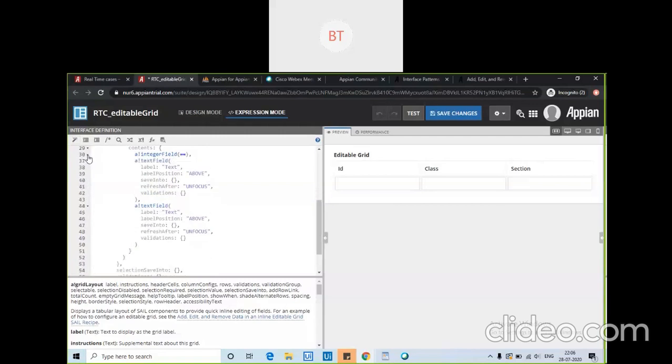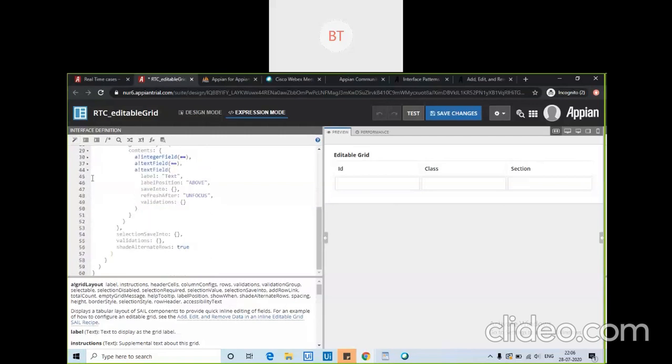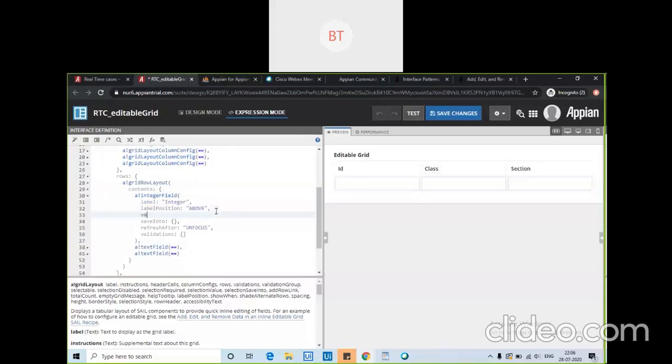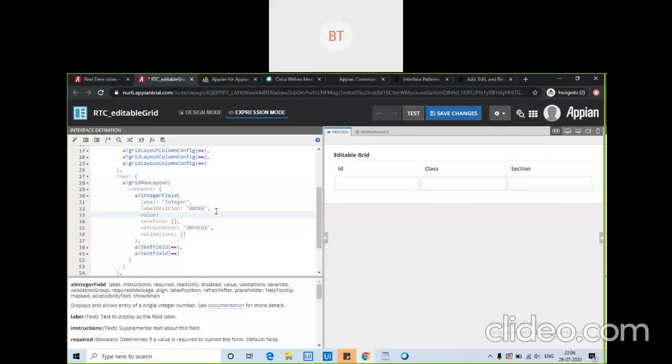Okay, now see, in these fields there is nothing in the save into, or there is nothing in the value as well, right? If there is nothing in the value, then how will it show anything to the user? So just for example, I am giving 1 here.